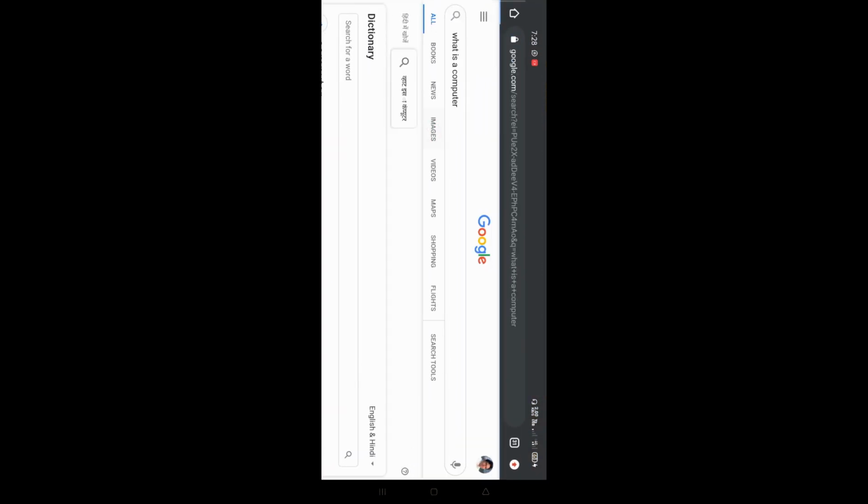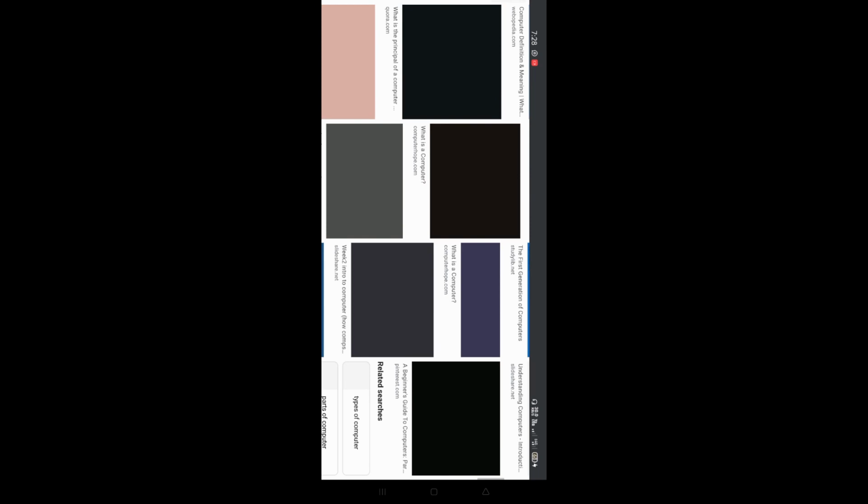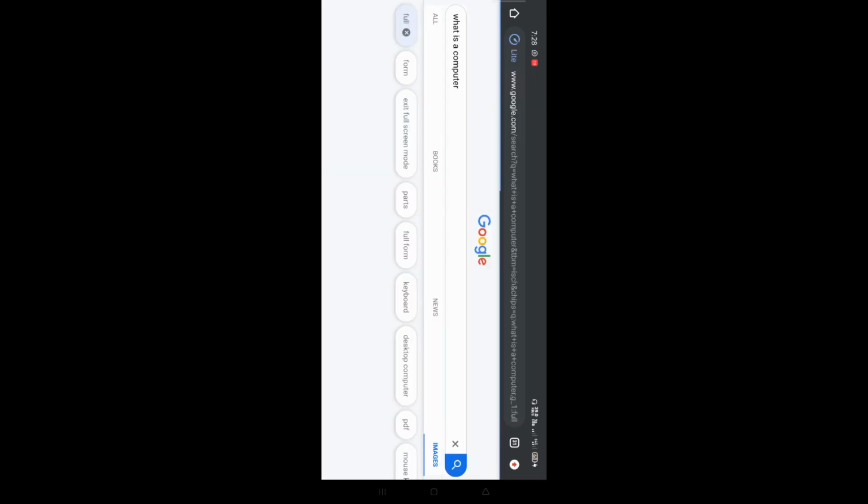So I will go to the computer icon, and I will find it from the internet. Okay, from this, whatever you want you can choose. I say white background, that is better.